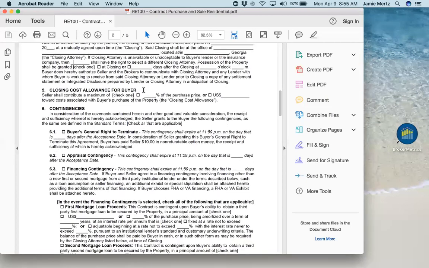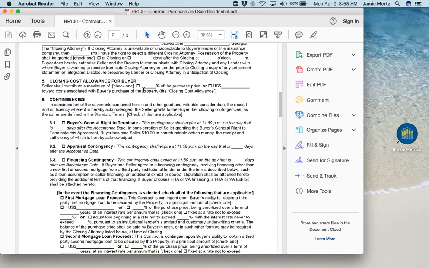Paragraph 5, closing cost allowance for buyer. This states that seller shall contribute a maximum of a certain percentage or a dollar value towards closing costs associated with buyer's purchase of the property. This is what the seller is going to pay on behalf of the buyer towards their closing costs at closing: 1%, 2%, 3%, $1,000,